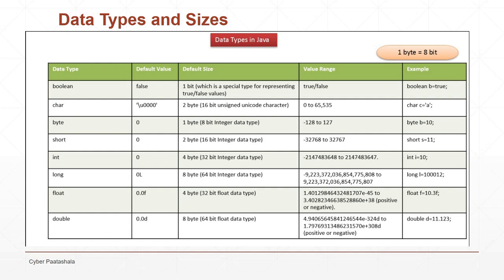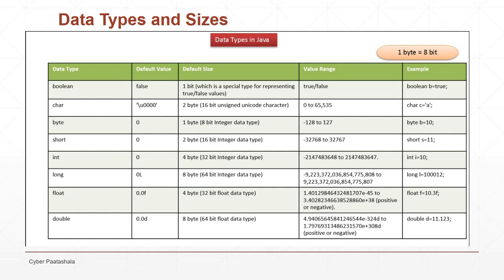I will give you an example of where to use this byte data type. Let's say you are declaring a class Person. Inside that you are declaring a variable called age. So now the question is what data type I should use for this age variable. You can use byte or short or int or long. But what does an efficient programmer do? What is the usual range for an age? Usually from 0 to 90, 100, maximum 110, not more than that, right? So in this case, a byte variable can hold a person's age. If you declare age as any other type like short, int or long, you will unnecessarily be wasting memory.